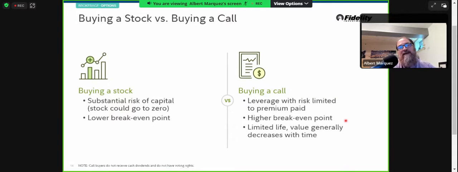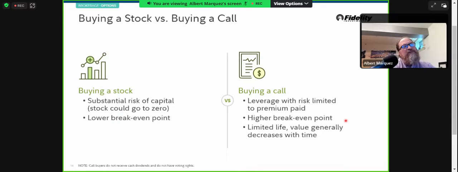And of course, on the opposite side, if you are trading a shorter dated option, you need to make sure that what you expect to happen happens quickly, because it has to offset that accelerating time decay that you'll see in that 30-day window. So those are some things that we have to keep in mind.